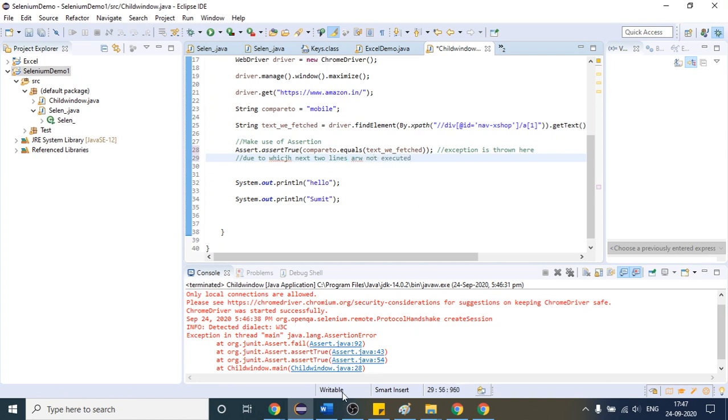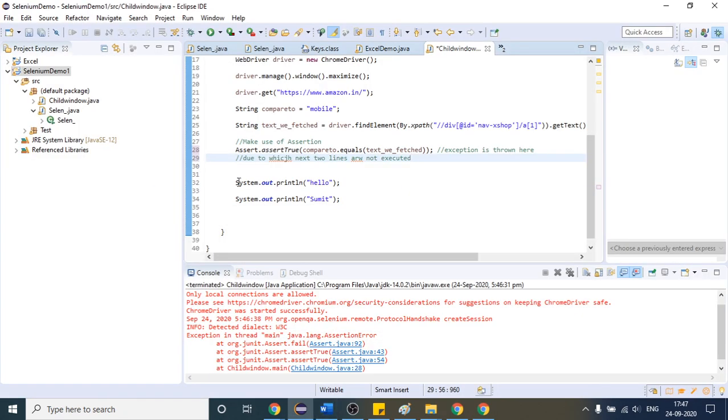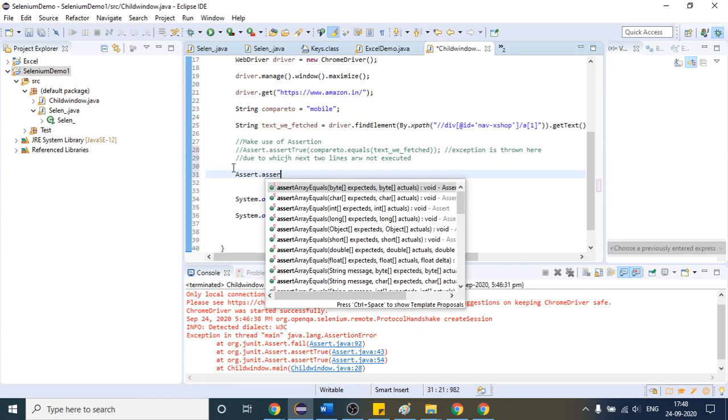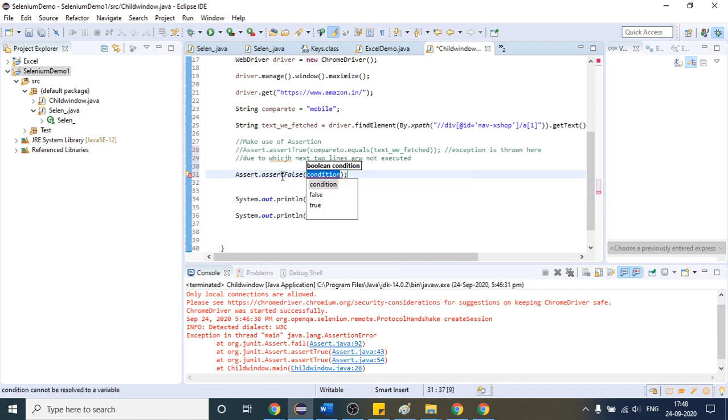There are some more methods as well. Suppose this is one method, so there is one more method as well. Let me comment this, we are using some other method. What is the method? There is one more method which is Assert.assertFalse. Earlier true was here, but this time it is false.